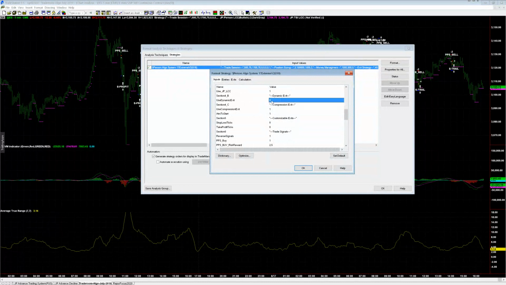And I do want a dynamic exit. Screw it, put one in. I want a compression, and I want to start it at 1. Yeah, you can do that, and then you can fiddle around and optimize it from there. So, I mean, you might have your own programs. And on that note,